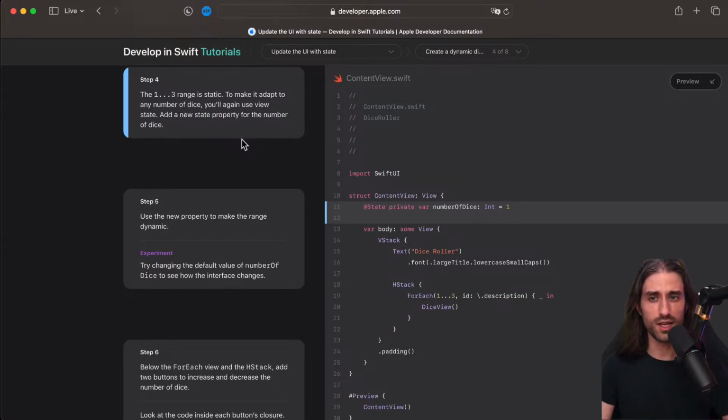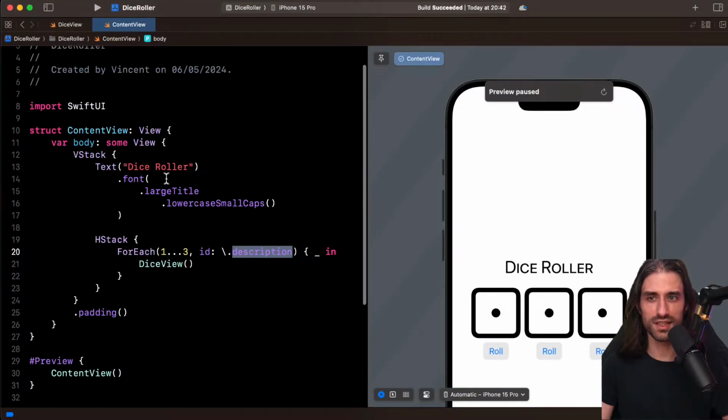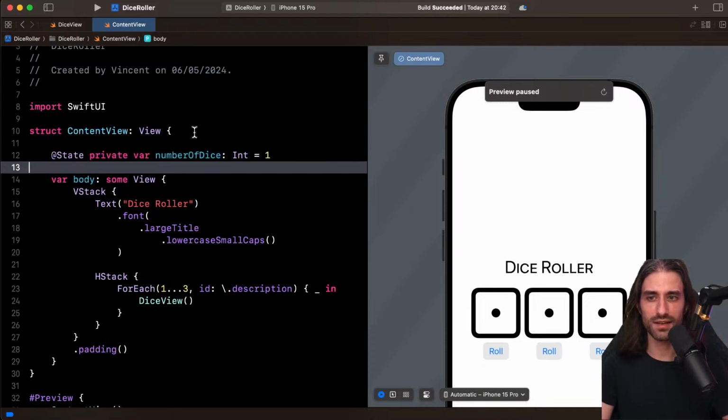To make it adapt to any number of dice, you'll again use view state. This time with state that will be owned by the content view. So we have state owned across 2 different views. I've read this before. Add a new state property for the number of dice. So we add this as a State property of the ContentView.